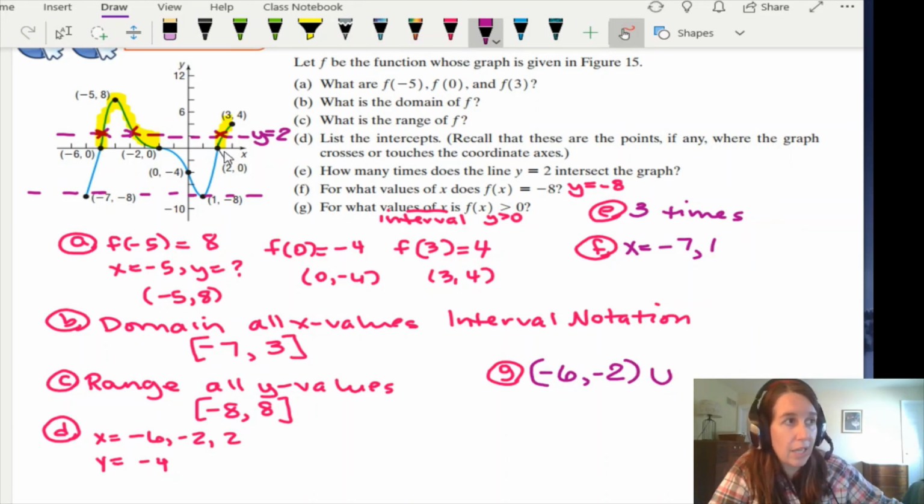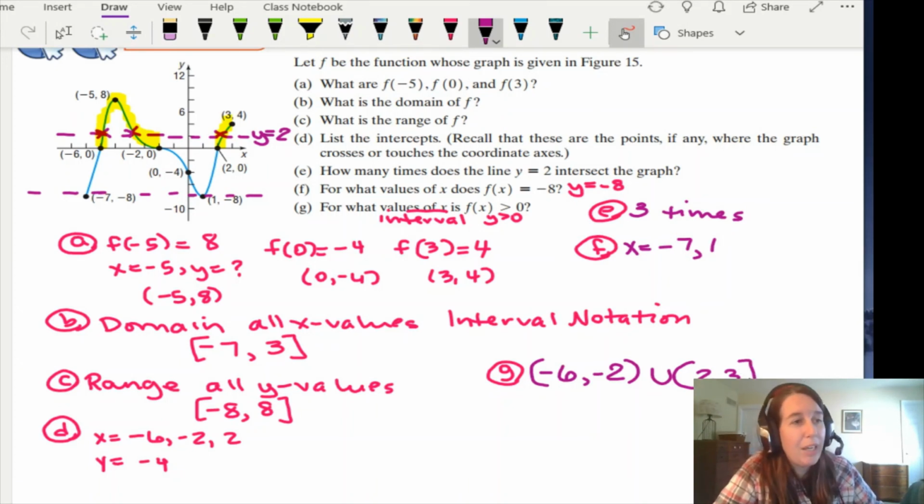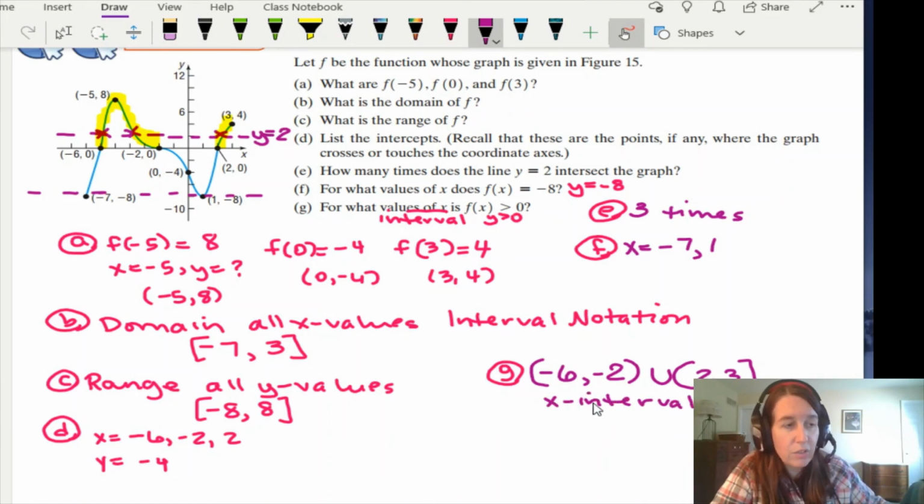And then it looks like there's that second part. Where is it greater than 0? Well, it's above the x-axis, again, starting at 2, using a parenthesis because I don't want to include that 2 where it equals 0, and ending at 3. Okay, and here's that little tricky part. This is going to be a bracket because notice at 3, 4, y is still greater than 0. So we do want to include that part. We just don't want to include where it actually equals 0. Okay, so make yourself a note down here. This is the x intervals. Okay, y is greater than 0, sure. Where does it occur? It's in the x